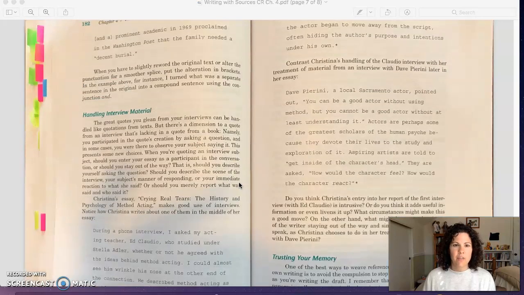So this is it for handling your quotations and weaving them into your writing. This is just practice right now. We're going to be gearing up to writing the essay soon. So as always, if you have questions, please let me know. But I just want to see your practice in this so that we can make sure our writing is fluid with other people, and so that our ideas are being exchanged with those around us.